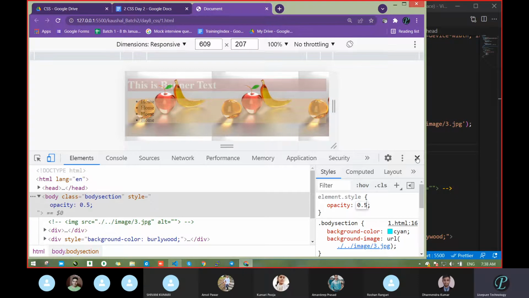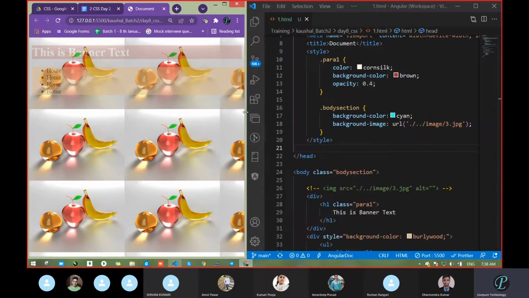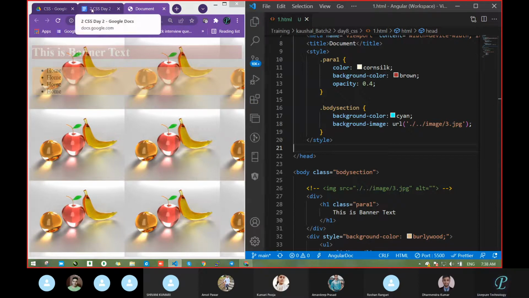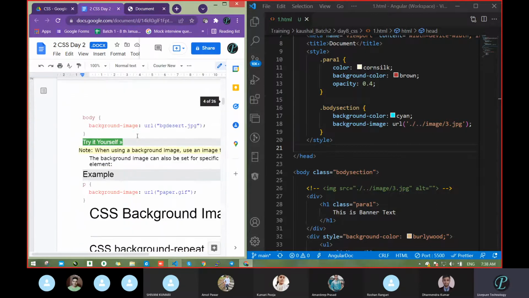See this text, whatever image is there is properly visible. Clear? When we use it, whenever there is a need, you can pass it this way. When you go with a real-time website, you will see this. Don't worry. So in the case of background image, anyone having an issue?